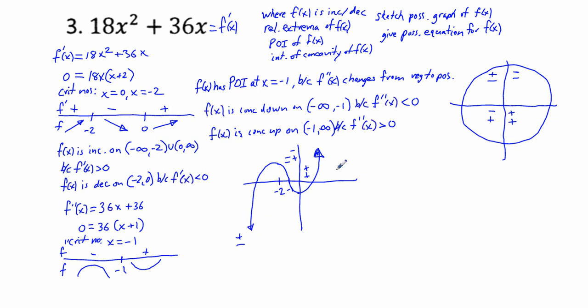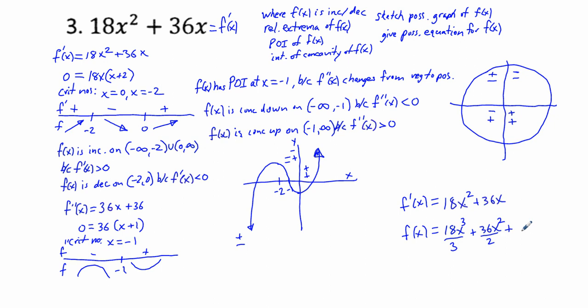And then what else can we do for this equation? Last thing we're going to do, find a possible equation. We have f prime of x equals 18x squared plus 36x. Okay, f of x, or possible f of x, is going to be 18x cubed divided by 3 plus 36x squared divided by 2